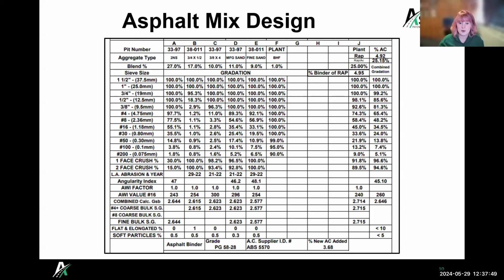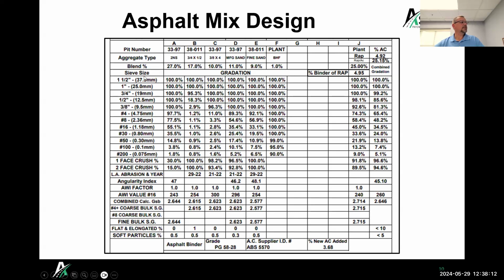I have a question as a geotechnical engineer. I know that for the stack of sieves, there's not just one, there's many different stacks of sieves. So is that stack of sieves, those sizes, standard for all of the Michigan aggregate or asphalt designs, or could you have different sieves that either get taken out or put in?